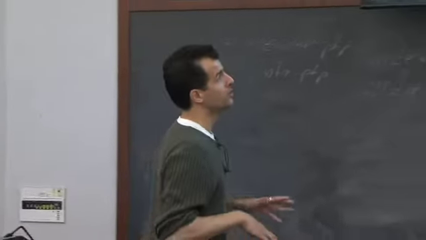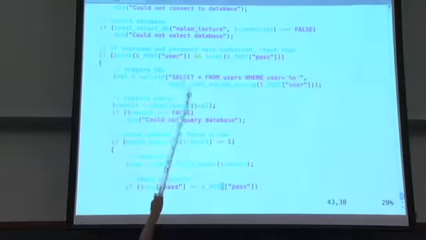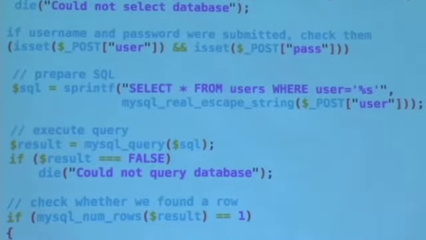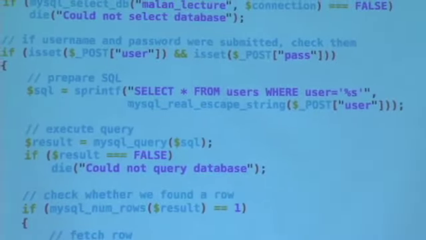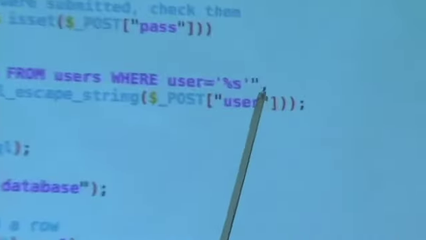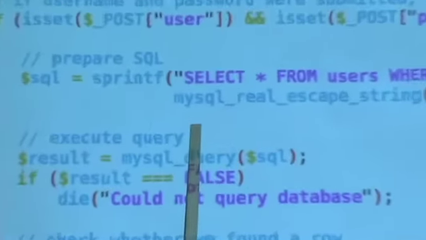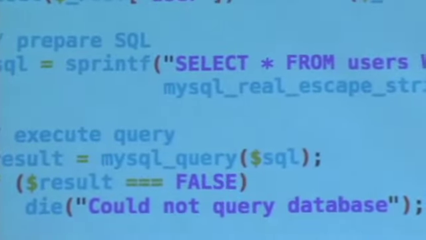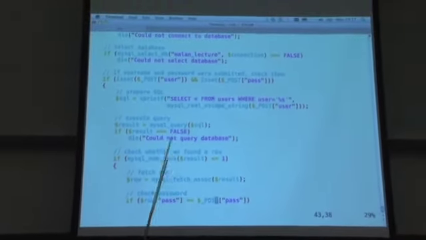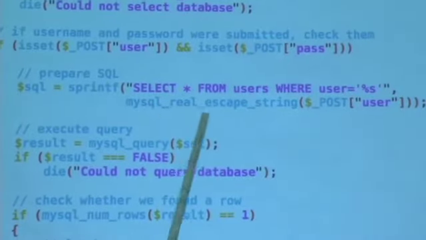So there are other ways to do this, but a simple way to do this early on, at least with the functions we're introducing tonight, is use sprintf, which allows you to use these placeholders, like %s. I surround it with single quotes, which is necessary for a string in SQL if you want to compare against an actual string. But then notice, close double quote, comma. So the comma demarks the second argument to the sprintf function, and that's what value should get inserted into that placeholder called %s. Now, it's a ridiculous name, but PHP has a function called mysql_real_escape_string,